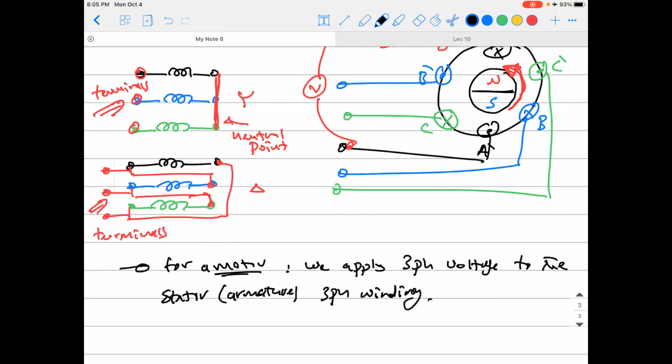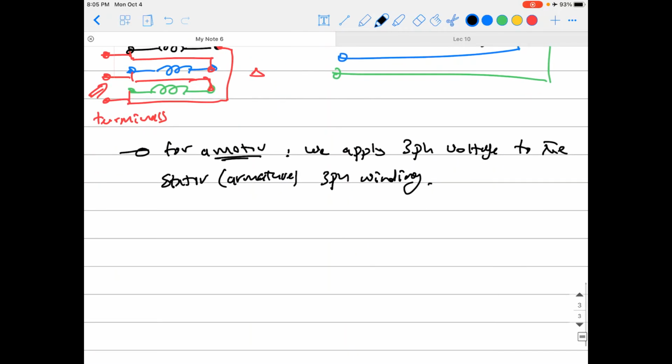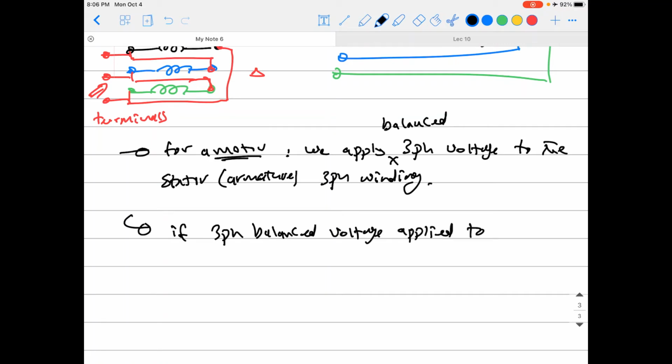Okay, and let me say it's not just three-phase voltage, but it is balanced three-phase voltages. Okay, and keep this law in your mind. If three-phase balanced voltage is applied to balanced three-phase winding,